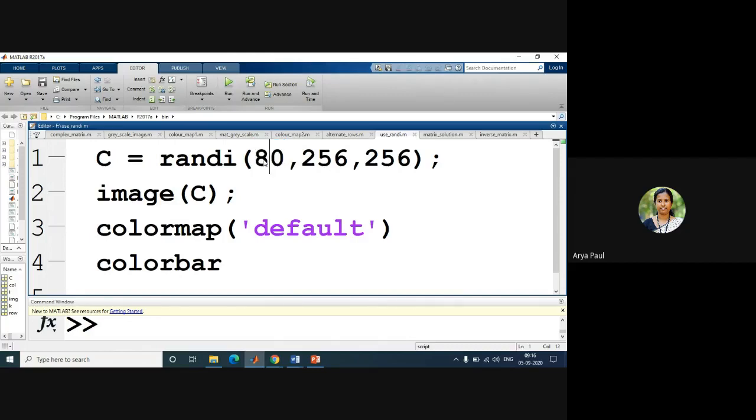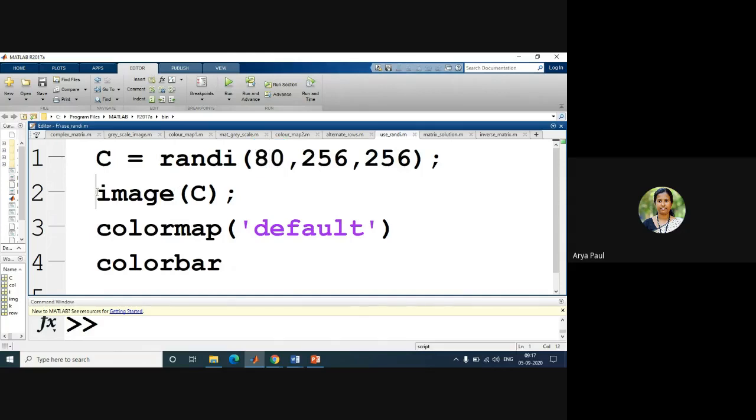Any value between 1 and 80 it will take as a random value. So the matrix will contain 256 rows, 256 columns, and the maximum random value will be 80. That means the matrix can contain any values from 1 to 80. I hope this is clear.